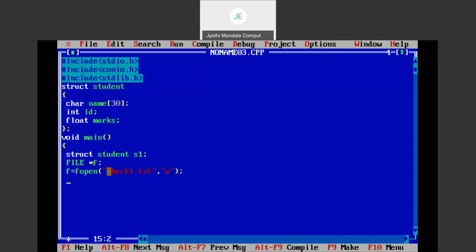So check1 will be my file. If it is not existing, it will be automatically created. Why? Because I am opening that one in the write mode. Now what happens? Now what we need to do? Let us do one thing. I'll be putting clear screen also. Okay. Now what we need to do is